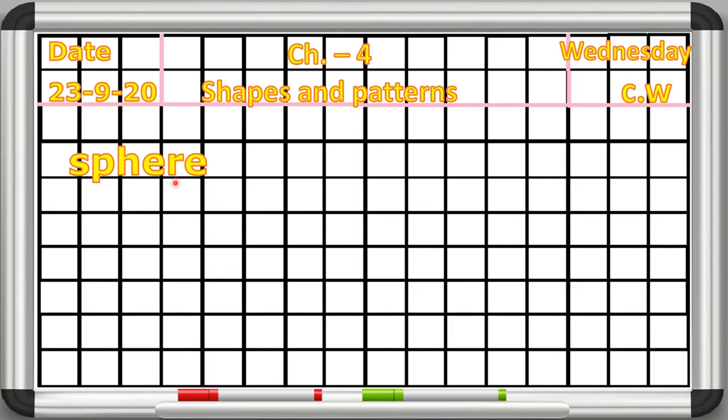So for that, beta, you need a bangle. Okay, so first take any one bangle. Okay, and keep it on this page like this. Okay, this is a bangle. After that, you have to draw a circle with the help of bangle and pencil.